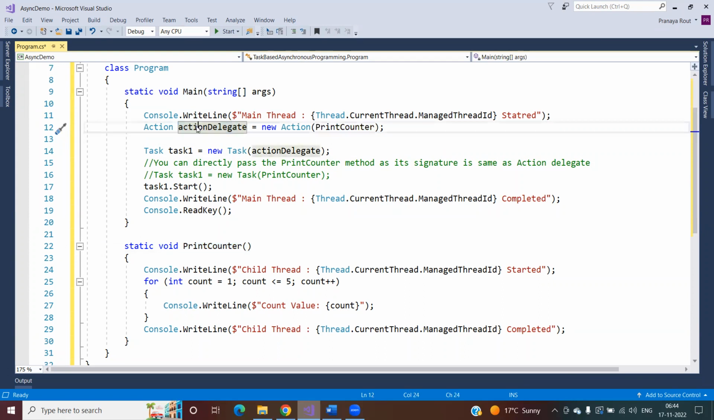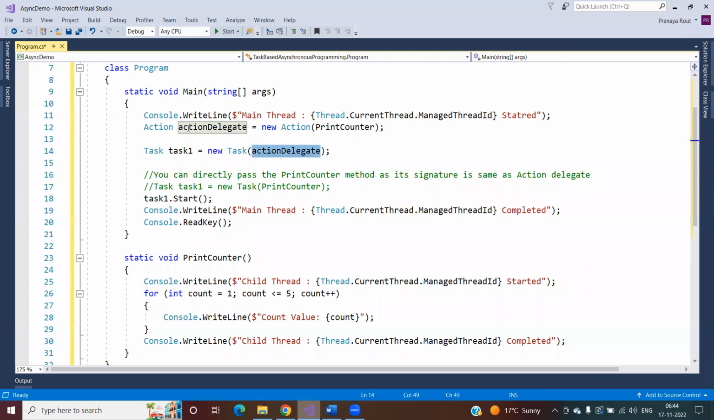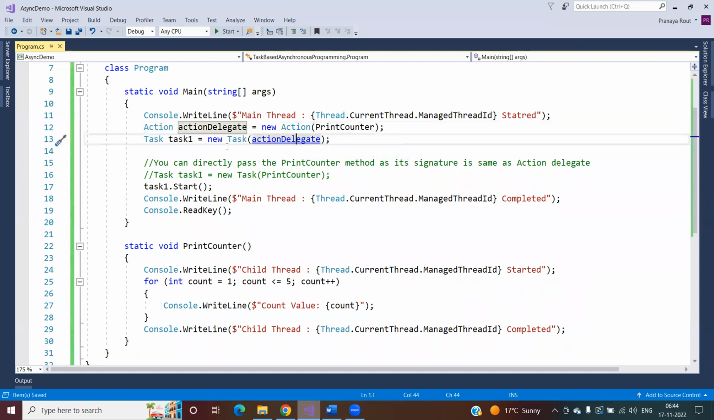Once you create the Action delegate, can you pass that Action delegate instance as a parameter to this Task class constructor? Yes. Why? Because it is expecting one Action delegate, and that is what I'm passing here. As we already discussed, I'm going to execute one delegate whose return type is going to be void, and the method should not accept any parameter. So instead of doing these two activities manually, creating an Action delegate and passing that method,